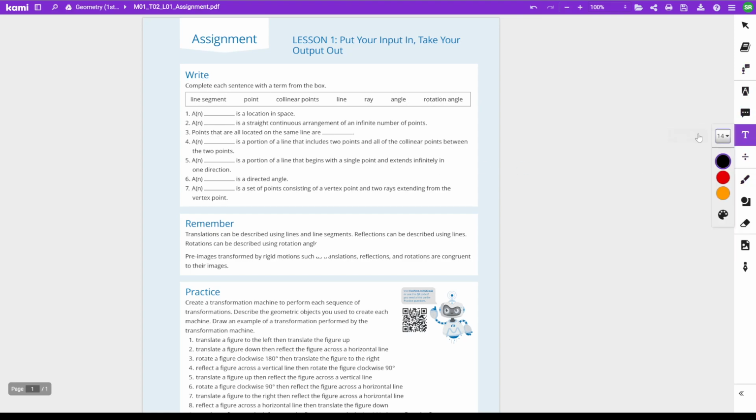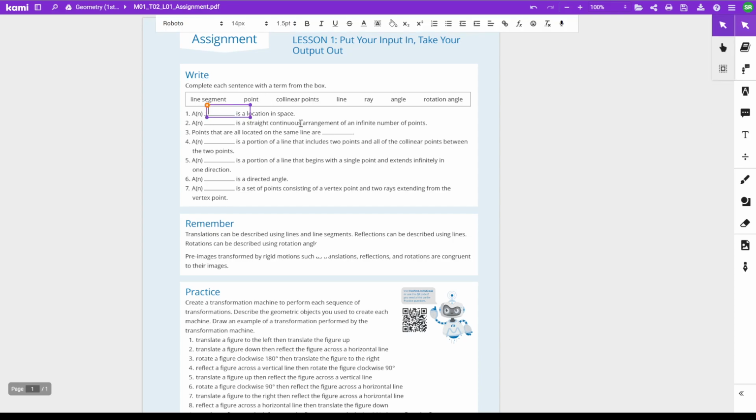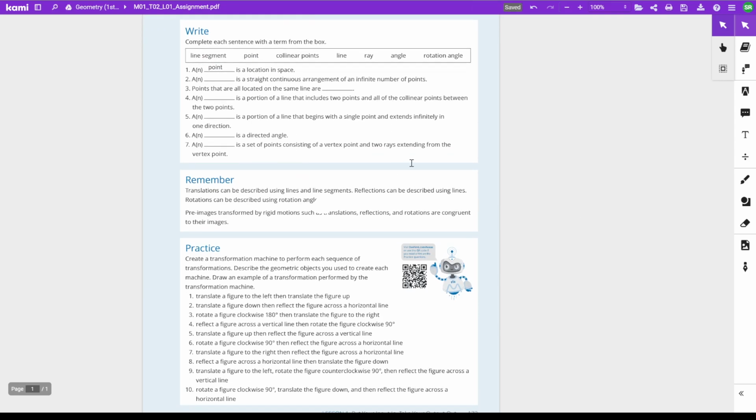So for example, a location in space, that would be a point. So you just go ahead and write point in there. Okay, and then you just have to do the rest of the definitions. Okay, so the second part, which is I suppose the more difficult part, even though it's not too terrible, says